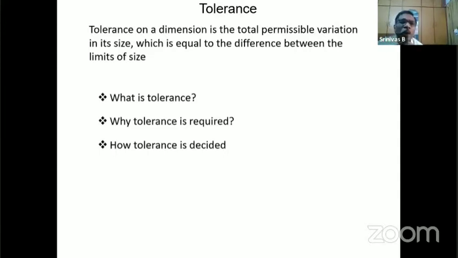And now come to the third point. How is tolerance decided by the designer? What is the basis by which any engineer or designer would be able to specify or arrive at a particular value? This is based on functionality. This is also called design intent, or some people call it assembly requirement. The functionality dictates the tolerance. Are you understanding, sir? Very good. With that, I would go to some other one.